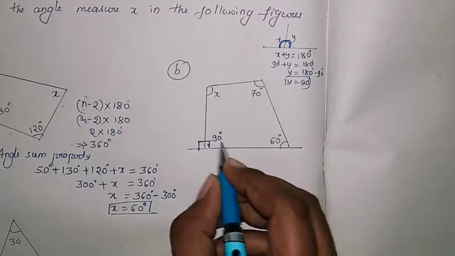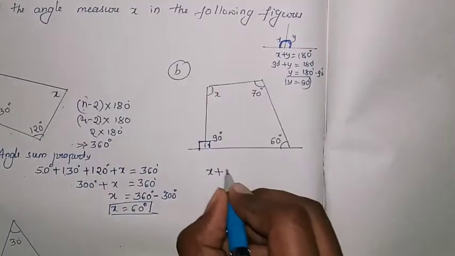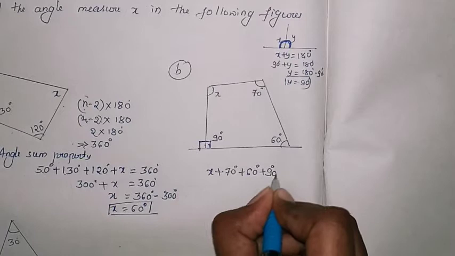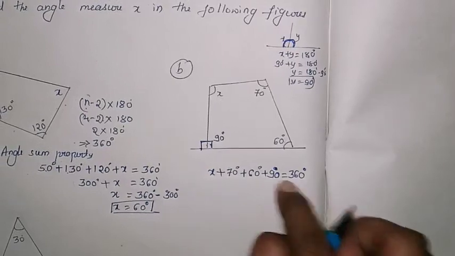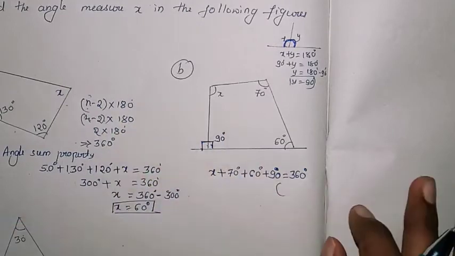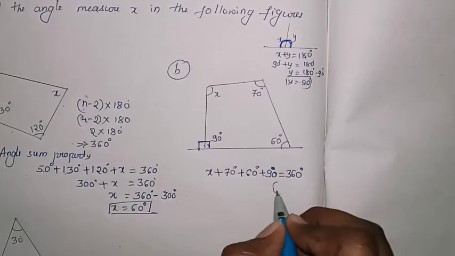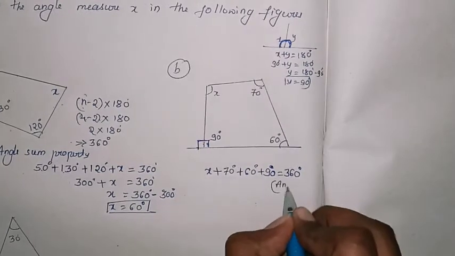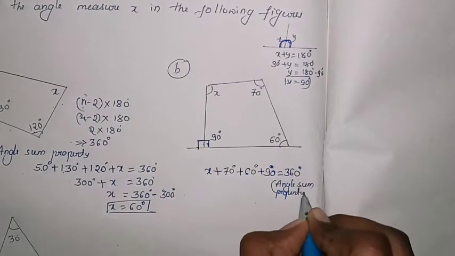Okay. So in a quadrilateral, the sum of the angles is equal to 360 degrees. So x plus 70 plus 60 degrees plus 90 degrees is equal to 360 degrees. We have to give a reason, yes, why we have written that the sum of the angles is equal to 360 degrees. Here we have solved. If you have solved this one, then it is fine, no need to write the reason. But here we have not solved this, so we have to give the reason here. On which basis have you written that the sum of the angles is equal to 360? Angle sum property of a quadrilateral.